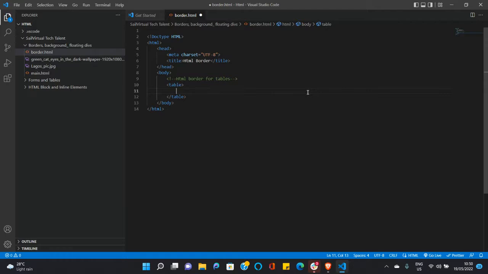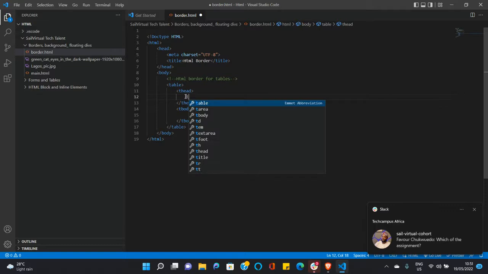Next, we'll have the table head and the table body. So within the table head, we'll have the headings of the table, but then we'll also have the TR tag,